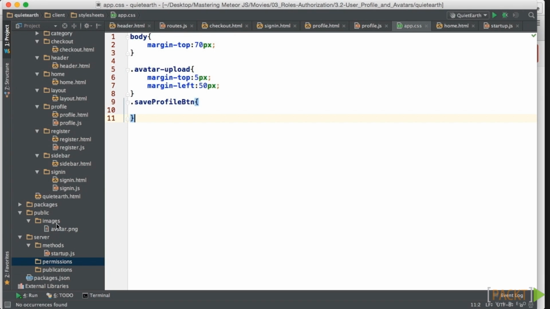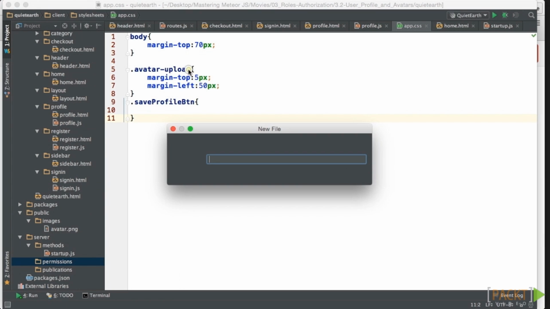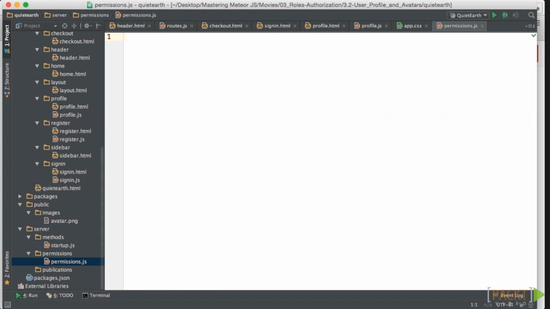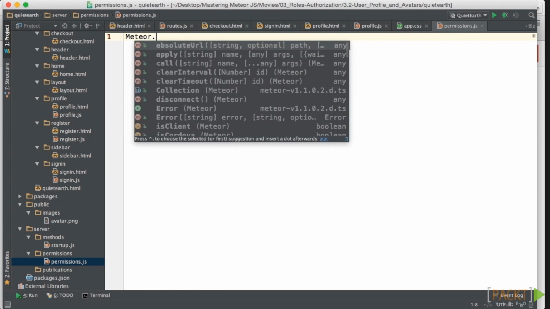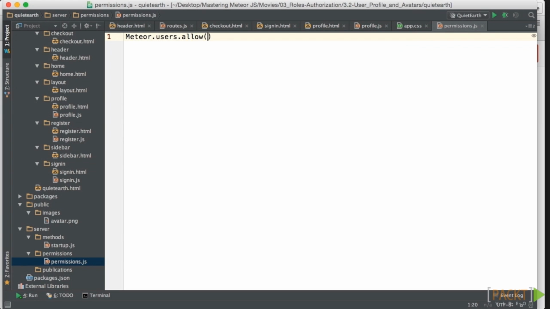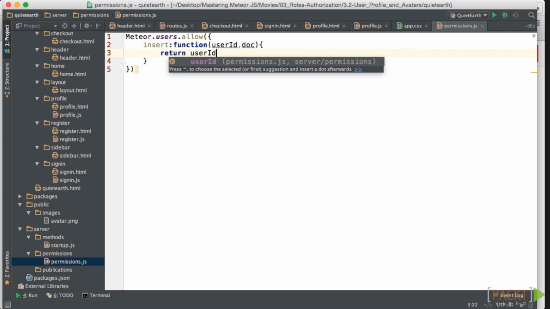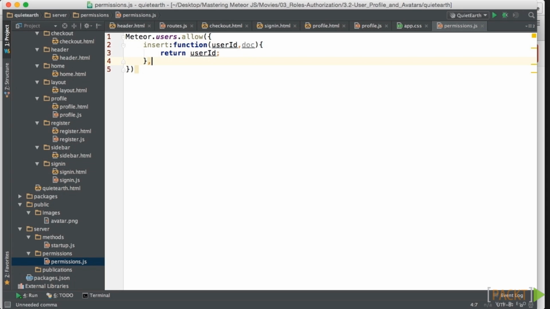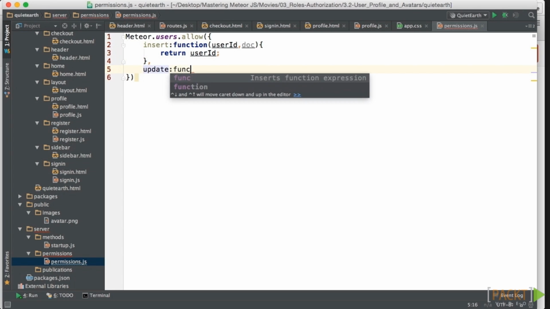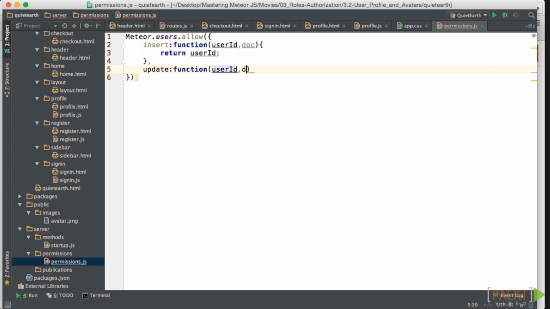Now, we also need to create a file in our permissions directory on the server. And this is so that we can tell the system that we want to be able to allow everything into that collection. So we're going to say meteor.users.allow, and then we're going to just put our insert function. It just requires that there's a user ID, and then we can do the same for update,